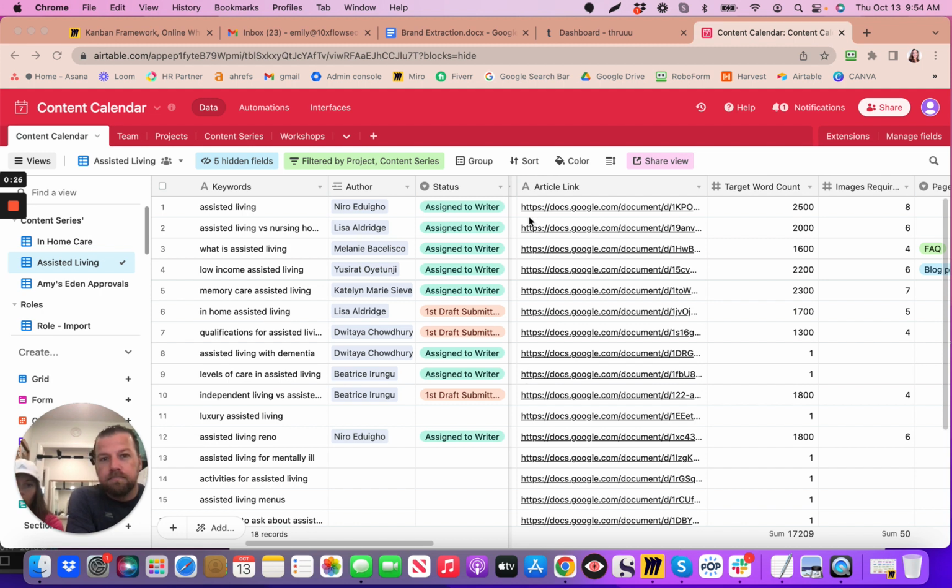So what we have here is our content calendar. Notice that we have assigned certain things to these writers, and right here the target word count. Before we actually assign it officially to that writer, we need to make sure that we specify the word count that is required. So if we were to look at assisted living with dementia, for example, and we copy that,